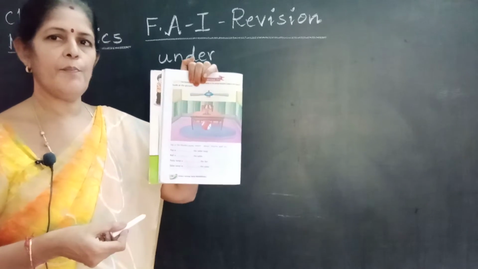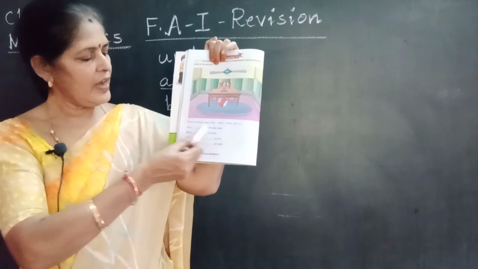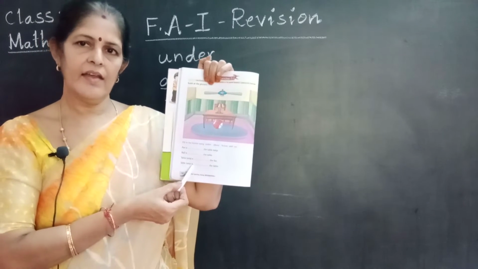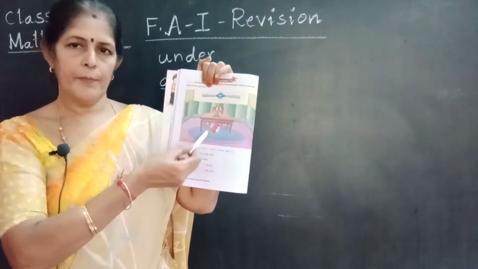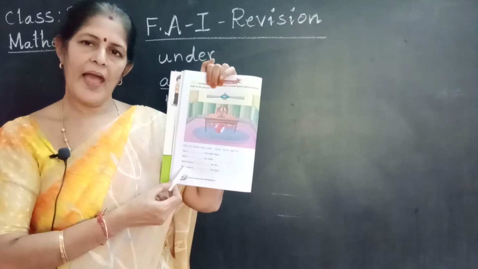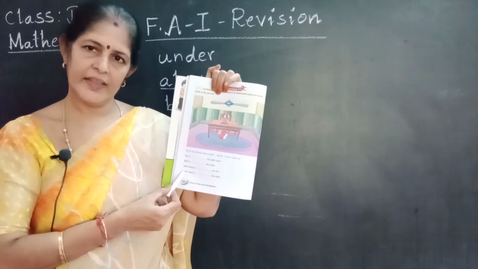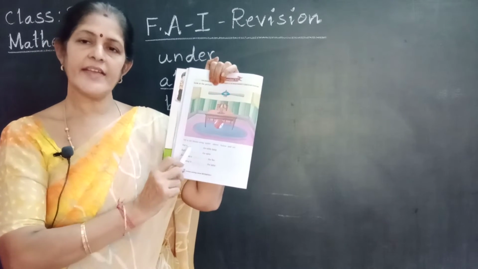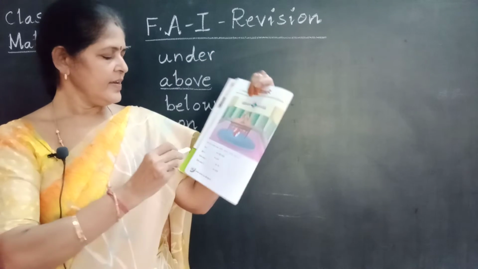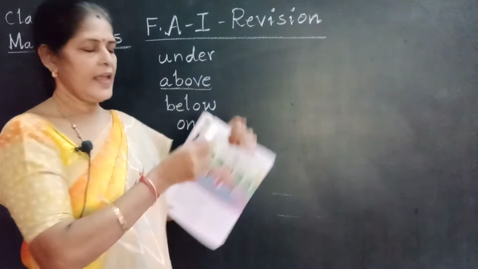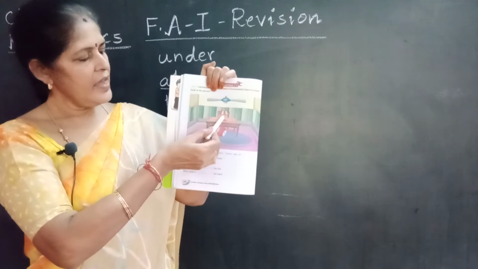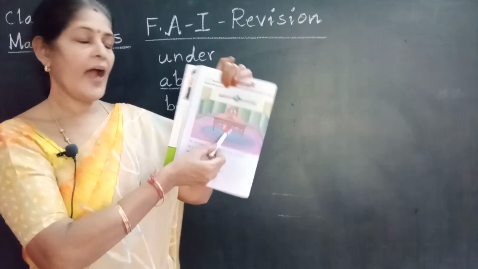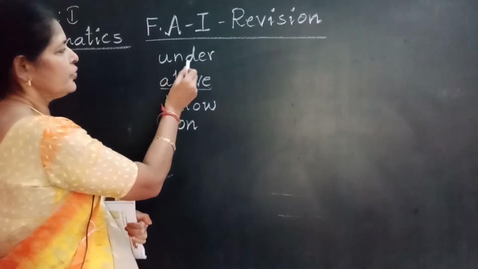You look at the given picture carefully and fill up the blanks. Okay? Picture and blanks I gave. You have to observe the picture and fill up the blanks correctly. You take your mother's help, read each blank and write the correct answer. Okay, children? See, fan is above the table lamp. Ball is under the table.